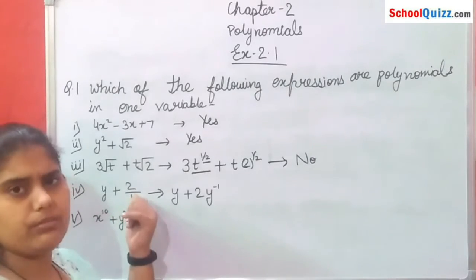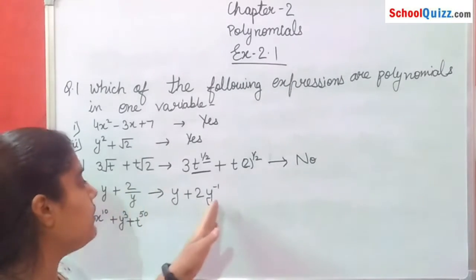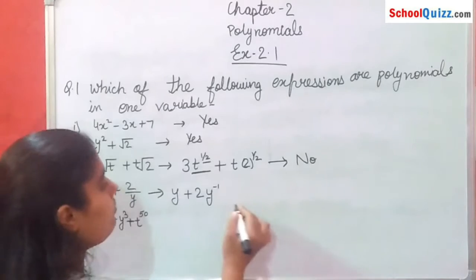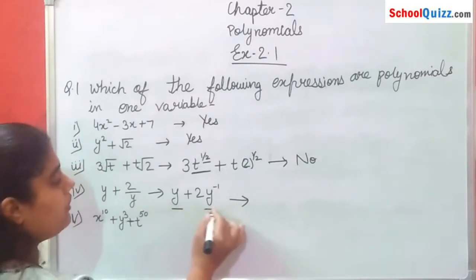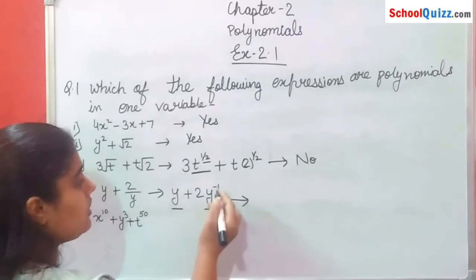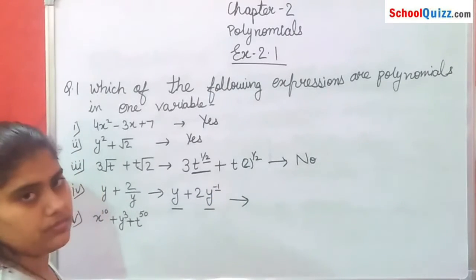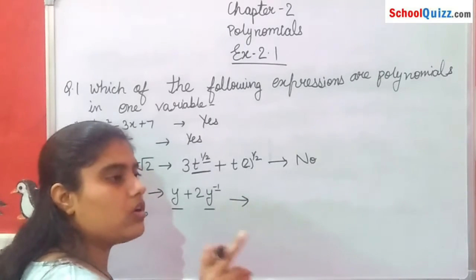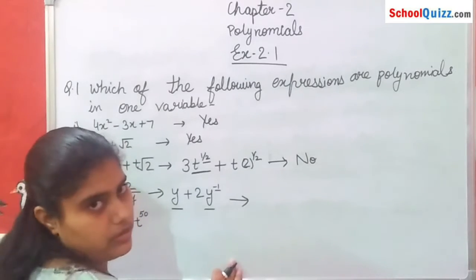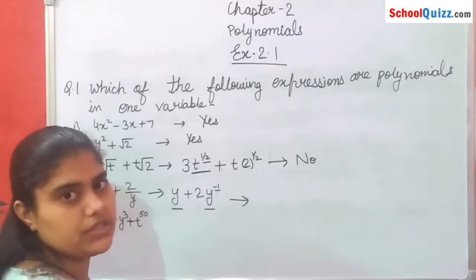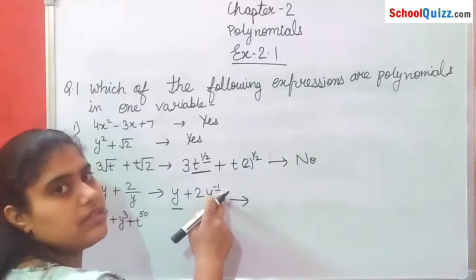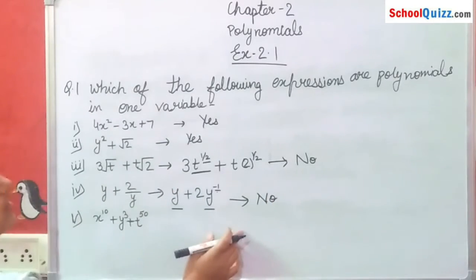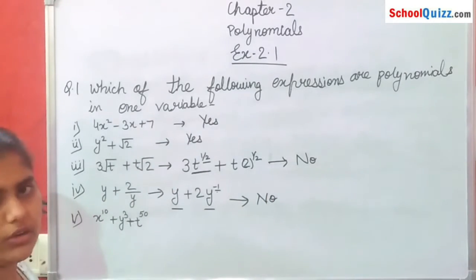और जब भी कोई वेरिएबल या कोई नंबर डिवाइड फॉर्म में होता है, जब हम उसको नॉर्मली ऊपर लिखते हैं as a numerator, we write the power in the minus, negative power is there. So the variable is only one, but the thing we can say is the power is minus 1, and in polynomials the power must be whole number or some positive integral number. So this is not a positive integral number, this is an integral number, but this is a negative integral number. So it is also not a polynomial in one variable.